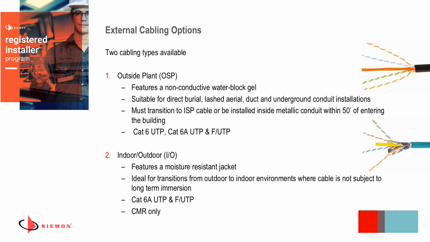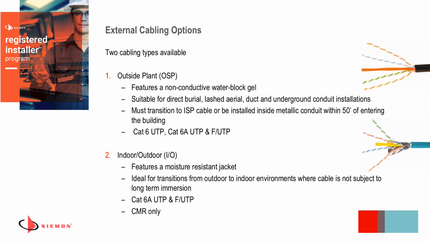So once it enters a building, it either has to be transitioned within 50 feet to another type of cabling, like an inside plant cable, or it has to be installed within conduit, so it doesn't give off any toxicity or spread flame associated with that. For Siemens Solutions, we do have the OSP cable available in Cat 6 UTP, as well as Cat 6A UTP